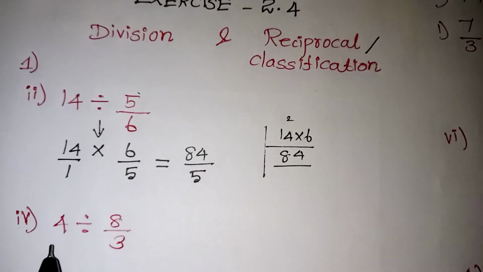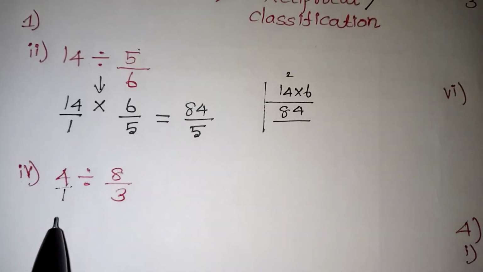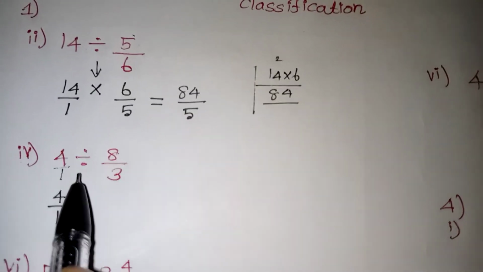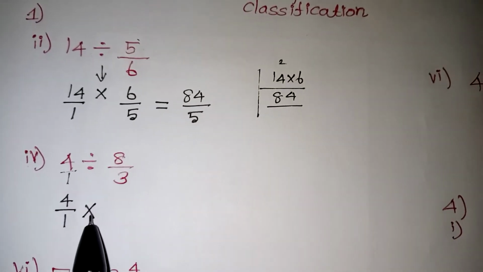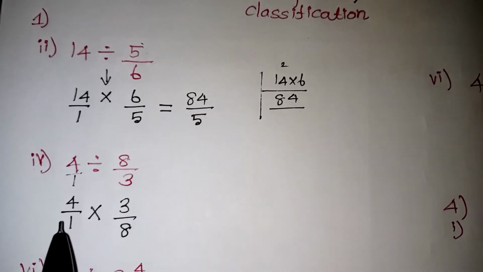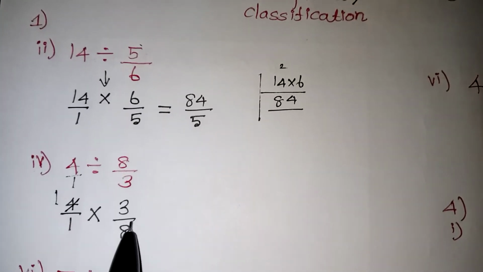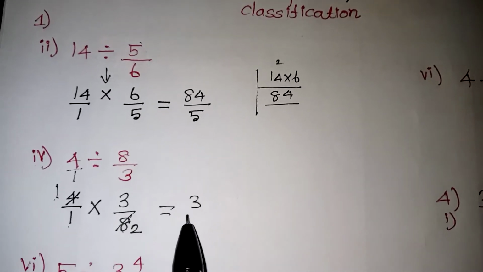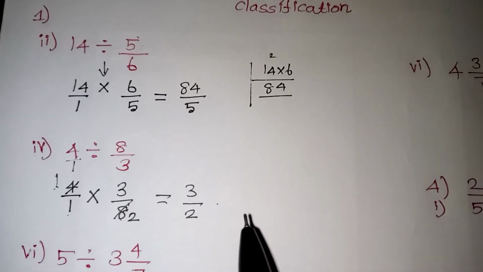Next problem, we have 4 divided by 8 by 3. Here there is no denominator, we can consider it as 1. So the first term always should be taken as it is. Whenever you find a division symbol in this problem, you just convert it into a multiplication sign. Since it is converted into multiplication, the second term alone will become the reciprocal. This will become 3 by 8. So here 4 and 8, both have the common table 4. 4 1s are 4, 4 2s are 8. So here 1 into 3 it will be 3, and 1 into 2 it will be 2. After multiplication also you can cancel, or you can cancel and then multiply. Both give you the same answer.